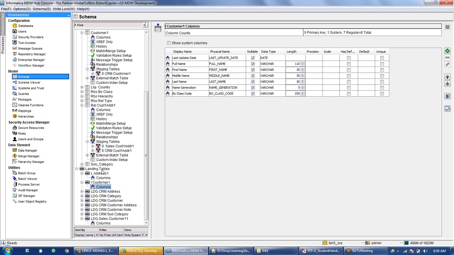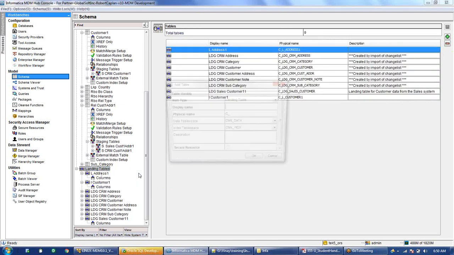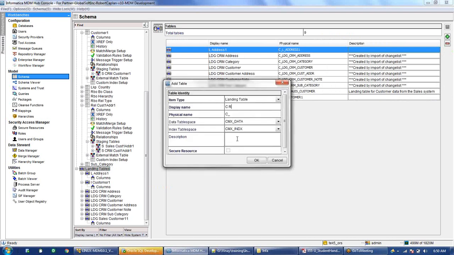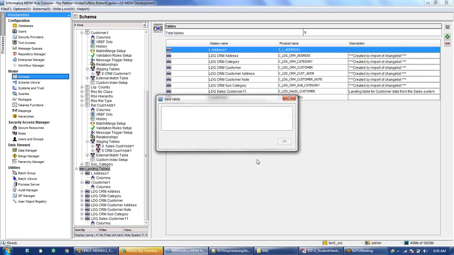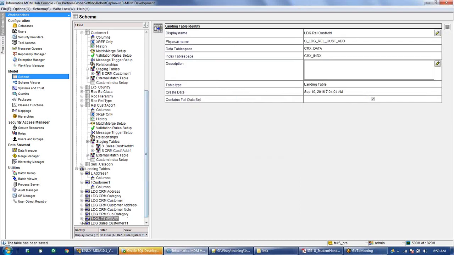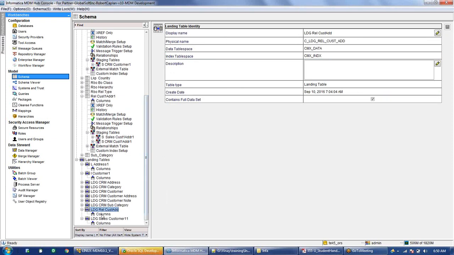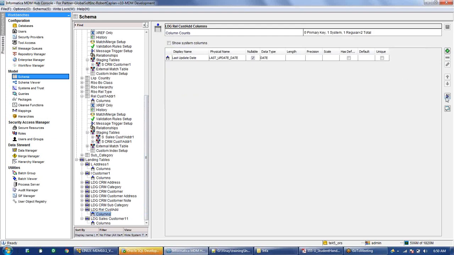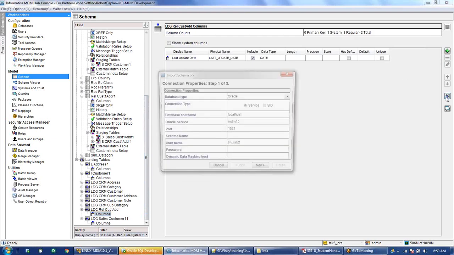I will just create this relationship table. So this is the landing table, so I will just import all the columns from the base object table.